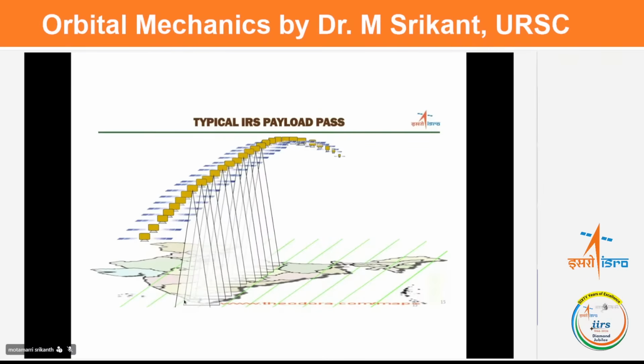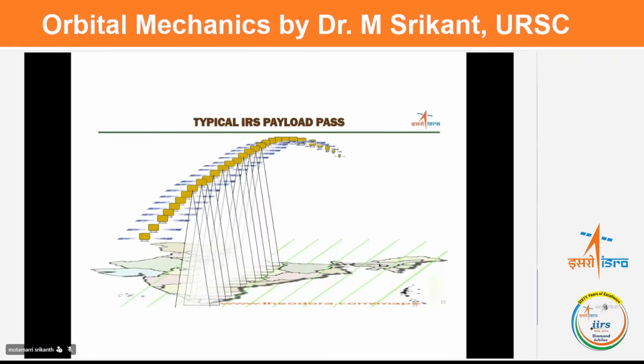What we formed is what we are interested in. But in the perpendicular direction, you can see the swath, how it is there. The swath is going to be covering the region. So this is what is covered in one pass. The next pass, when it comes, another region is covered. So like this, the full Indian region is covered,